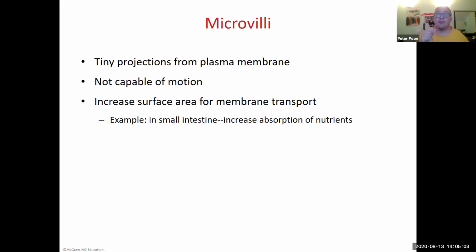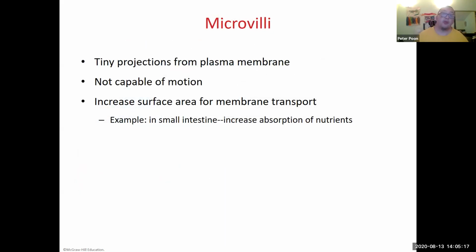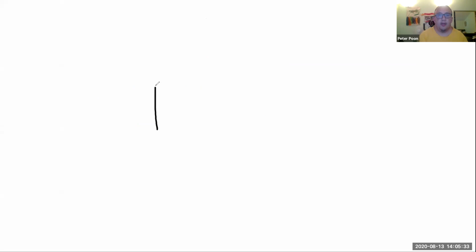Okay, the last projection is called the microvilli. Micro, small, villi, fingers. So microvilli are small little extensions from the plasma membrane. Their job is to increase surface area. So let me draw what microvilli look like. This is a normal cell, and right now that black border is my surface. If I wanted to generate more surface,